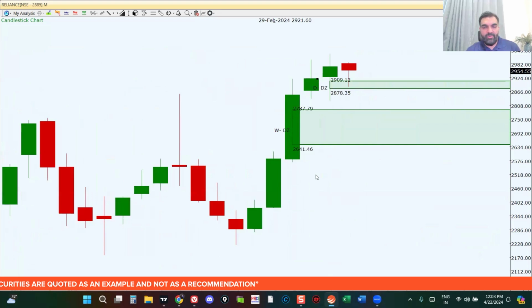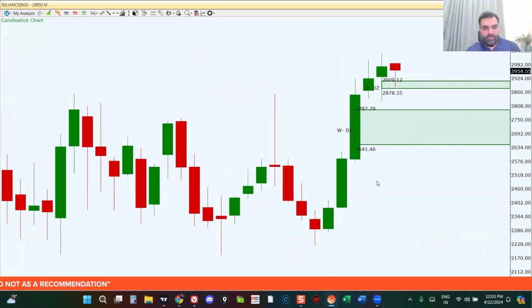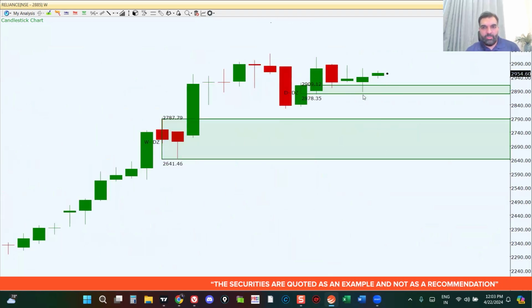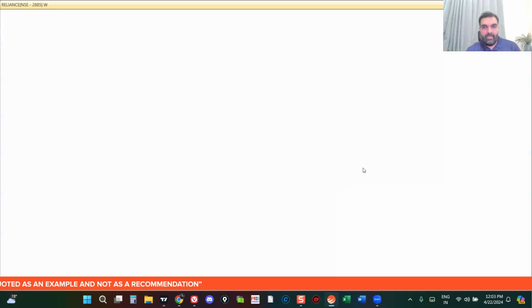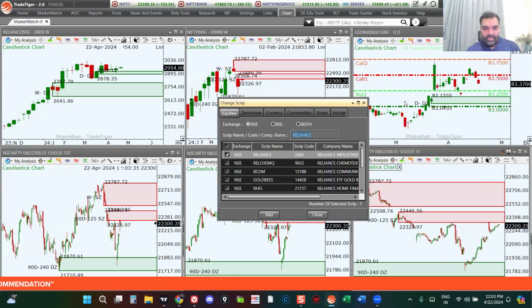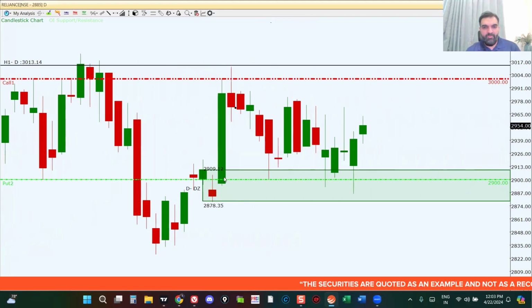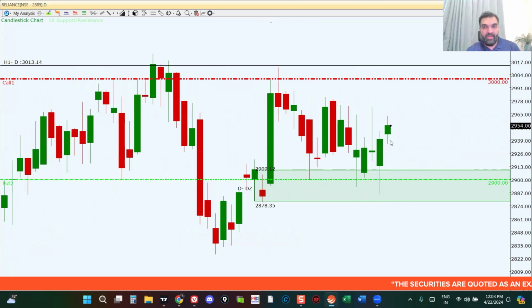This is the monthly chart of Reliance, looking pretty positive, although the monthly candle is red as of now. But of course, this can change. And the weekly chart is also showing consolidation but with a lot of positive candles. If we now move on to the daily chart, and let's also check the open interest levels, you can see that within this area of demand, we have this 2,900. So this is exactly the confluence that I was talking about: if you have this confluence within your levels of demand, then these levels tend to play out very, very well.